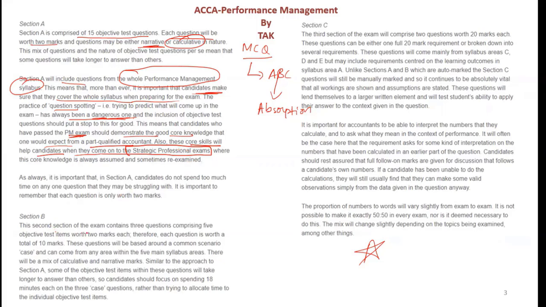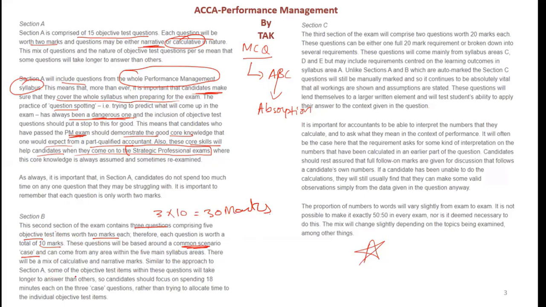Section B, the second part of the exam, has 3 questions comprising 5 objective tests of 2 marks. Each question is worth 10 marks. Means if there are three, you can have 3 into 10, so 30 marks are from here. Okay, and these questions will be based around a common scenario case and are majorly similar to the approach of